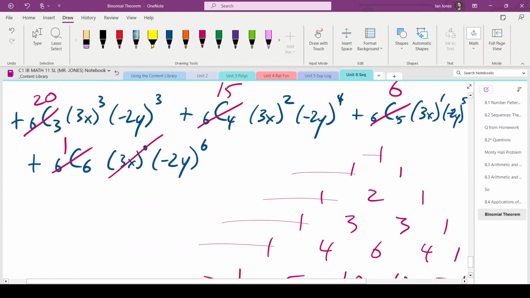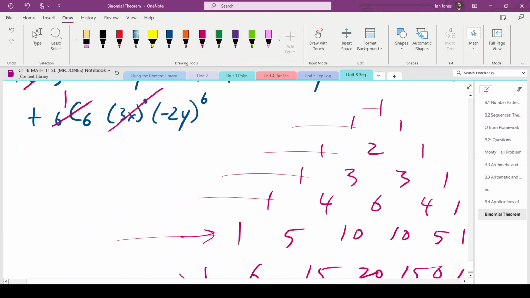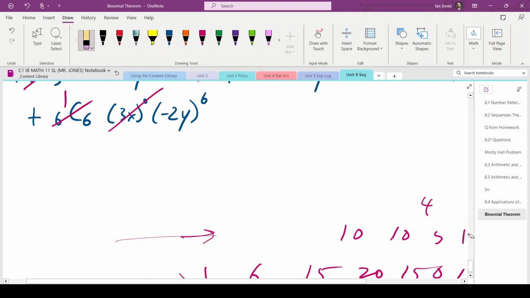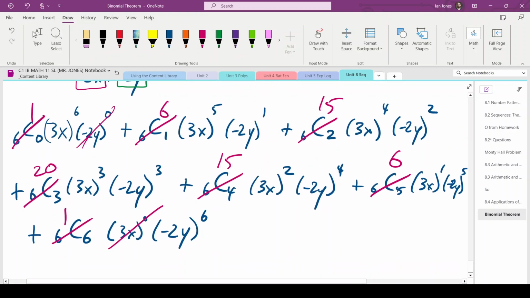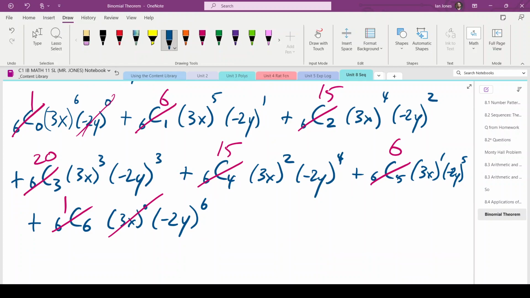And now I can start to clean this up a little bit. Now I'll get rid of this Pascal's triangle now that I no longer need it. I can just erase that. And let's see here. So my first term now, I'll change colors just to make it a little clearer, is